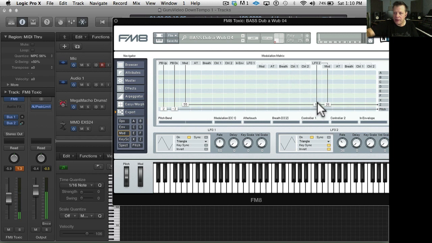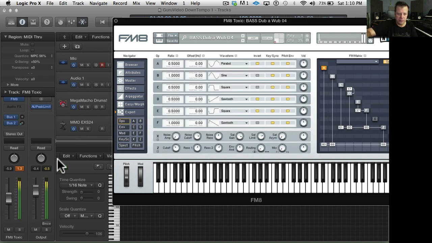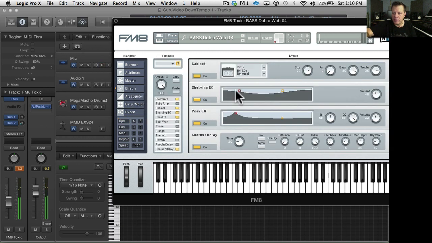And the LFO is right here. Let's get that to be darker. Maybe it will be by removing.